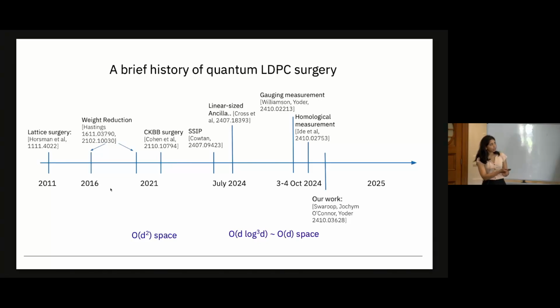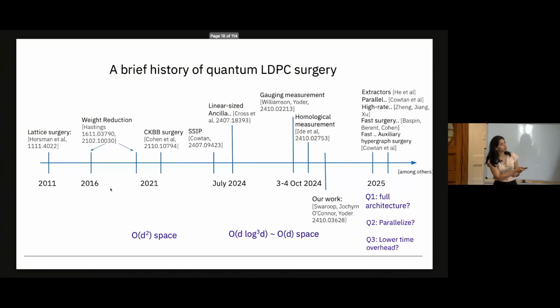And I'm going to focus on 3 papers that were released in October 2024, because they have the biggest overlap, I think, and it would be nice to discuss those ideas. And of course, this is the middle of the story. A lot more work has happened since then in 2025, because now that we've reduced the overhead for one measurement,